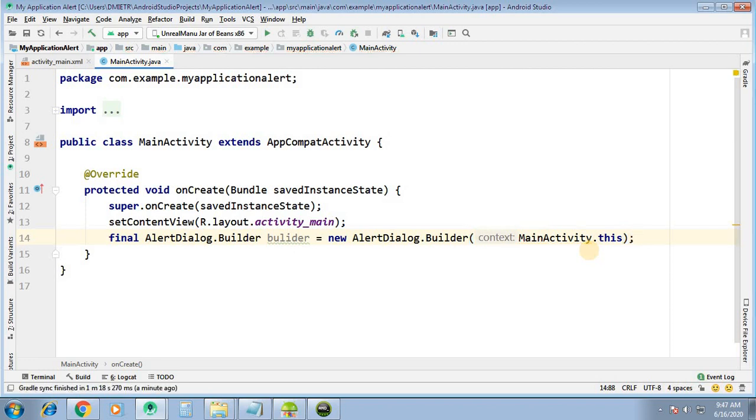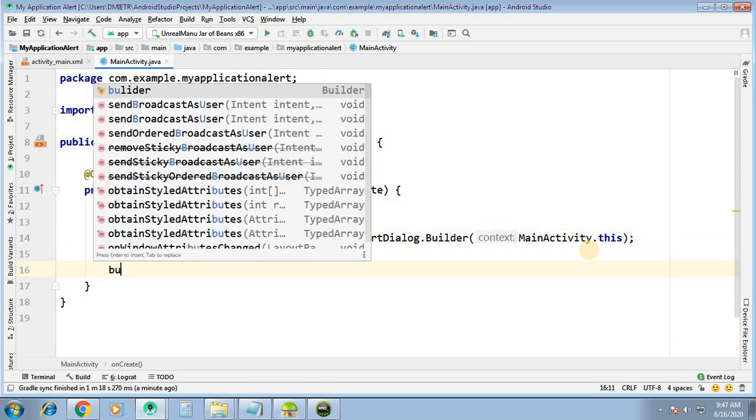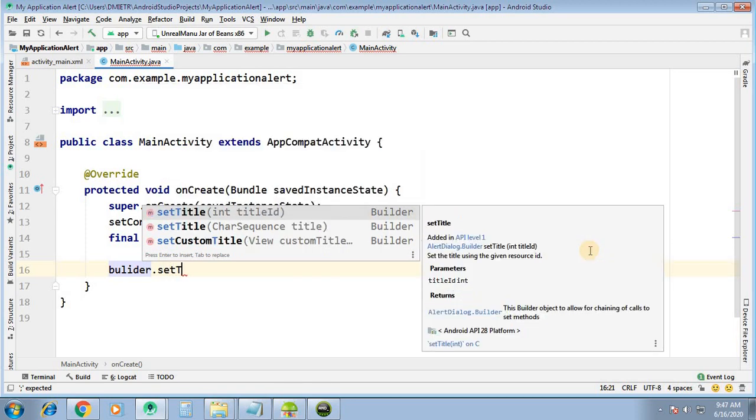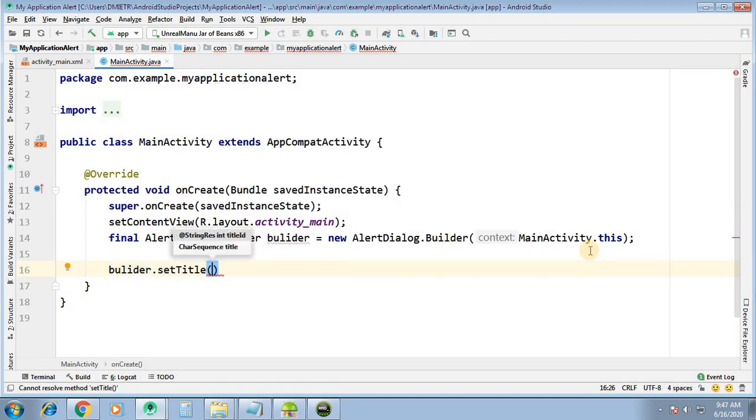So now using the builder object you can set the title, builder.setTitle, "Welcome alert dialog". You can set any title of your choice.